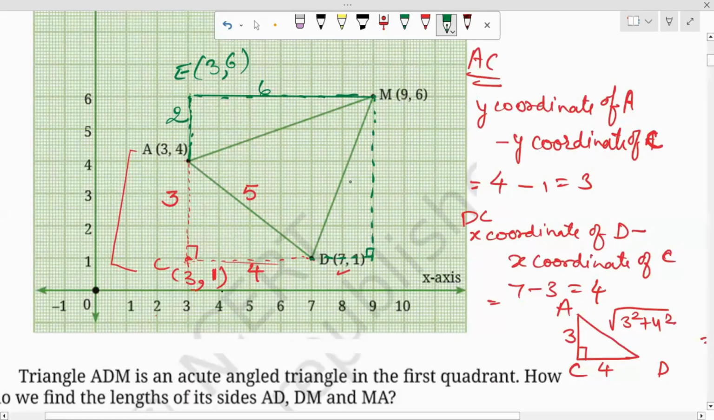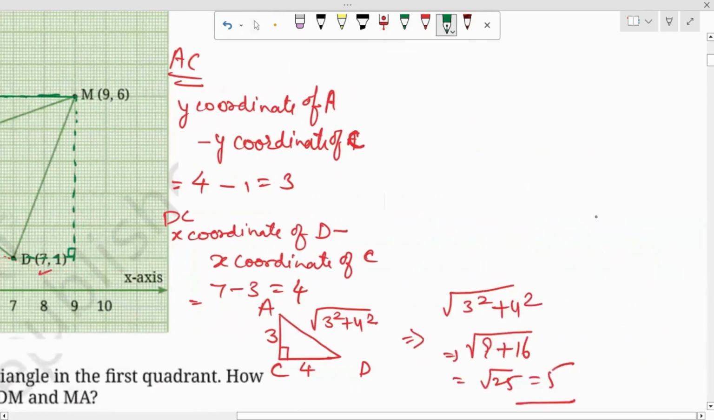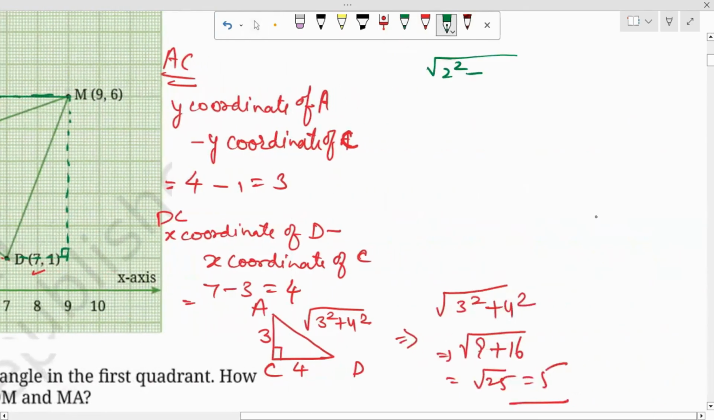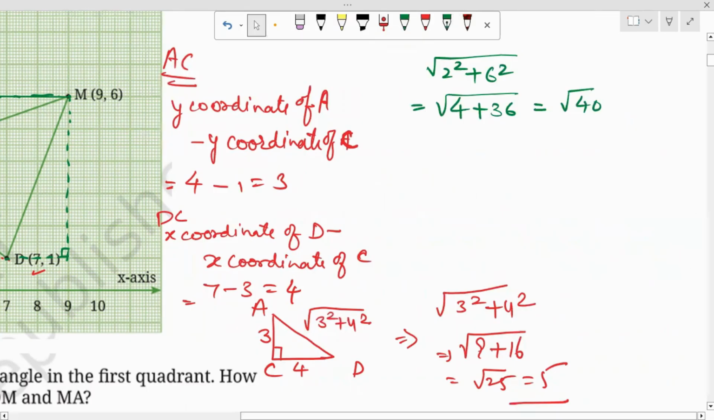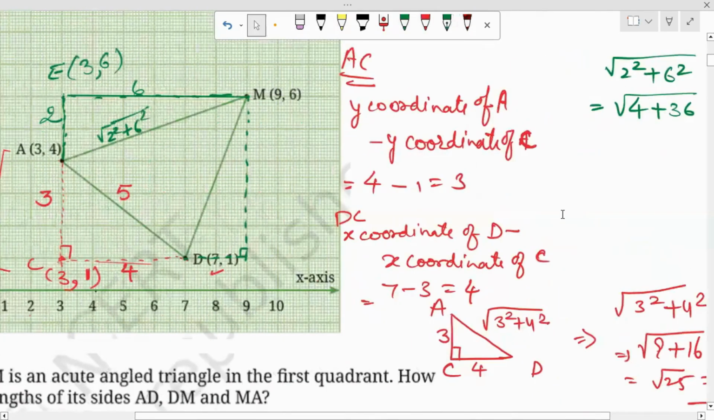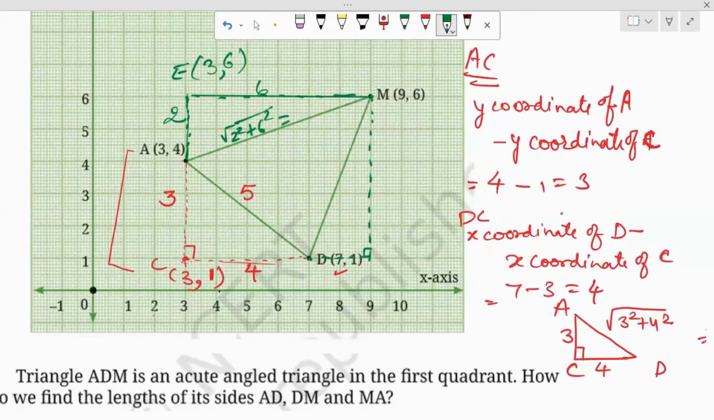Now this is 2, this is 6, so this will be square root of 2 square plus 6 square. So 2 square is what? 4. 6 square is what? 36. So it will be root 40. And we know that 40 is not a perfect square number, so we cannot find its square root perfectly. So it will be root 40. Right? Similarly for this MF,